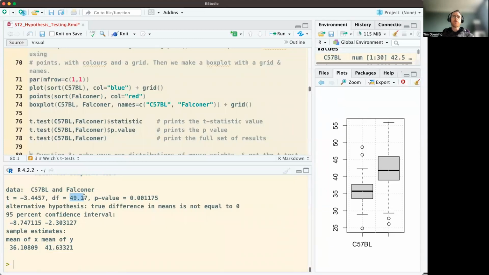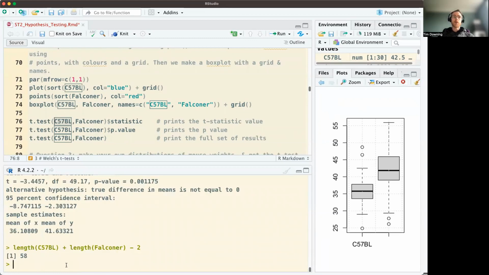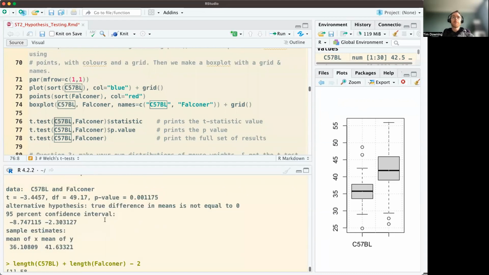The degrees of freedom is 49.2, whereas if we had the Student's approach, we would expect the number of samples in each of these, minus 2, to be our degrees of freedom, so that would be 58. And we see the p-value there is quite small, suggesting this is quite extreme. So that suggests that there is some difference between Falconer and C57BL, and we can explore that further by looking at the confidence interval